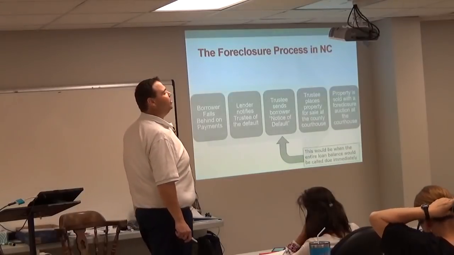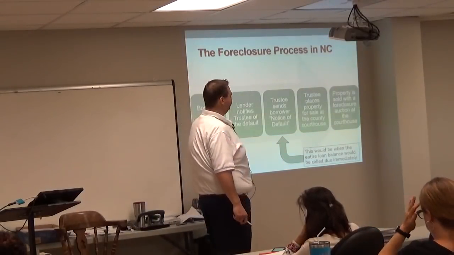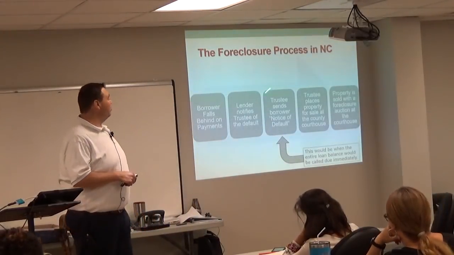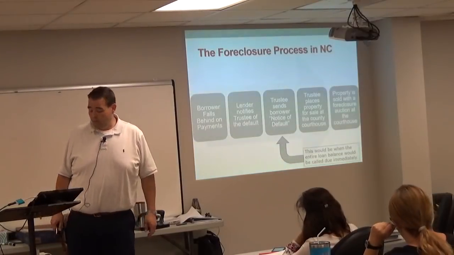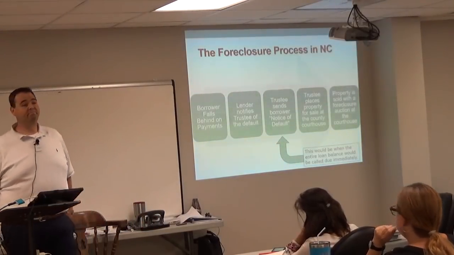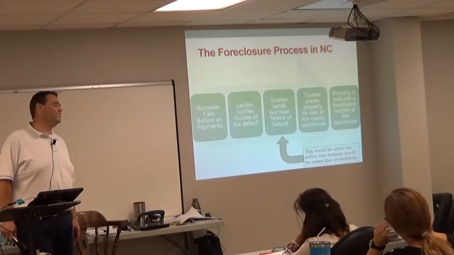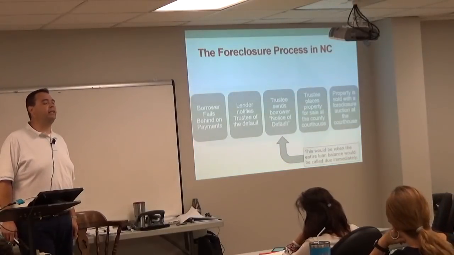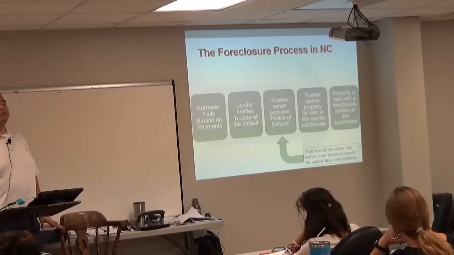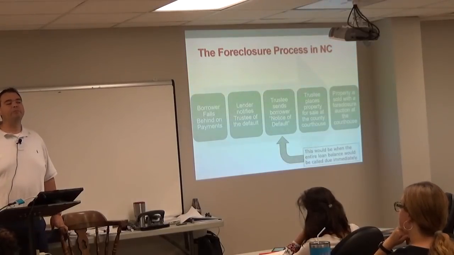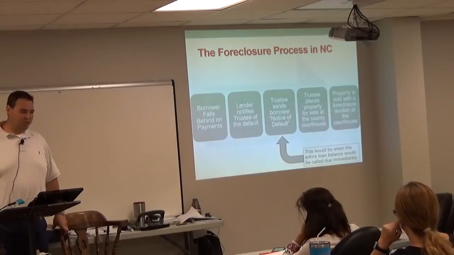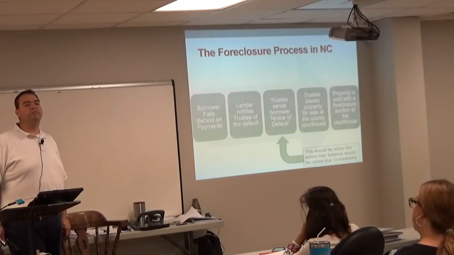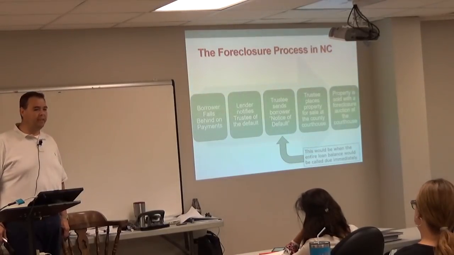The lender's going to notify who? The trustee. The lender sends notice to the trustee: we have a problem, this borrower's in default. Now, once the trustee gets notice, they take the lender's word for it. Because remember, who are they? The lender's attorney. And once they get that notice, they send a notice of default to the borrower. Notice that notice of default doesn't come from the lender. Who does it come from? The trustee. The trustee sends that notice of default. And that is the beginning of the foreclosure process from a legal standpoint.